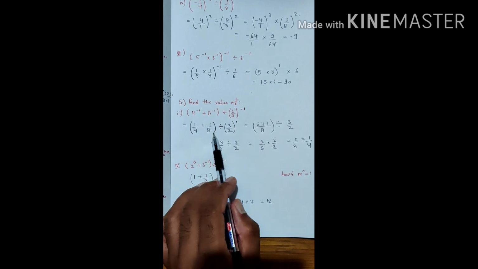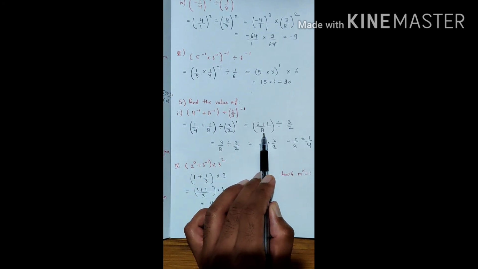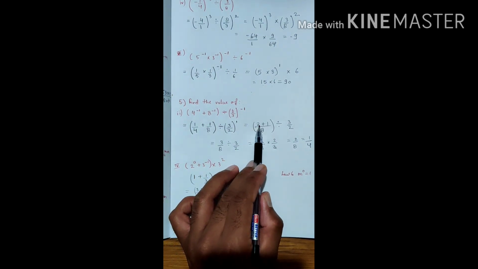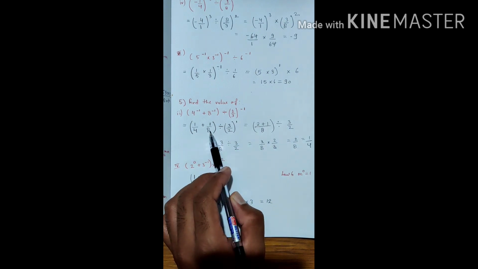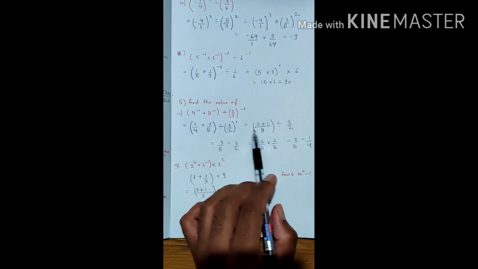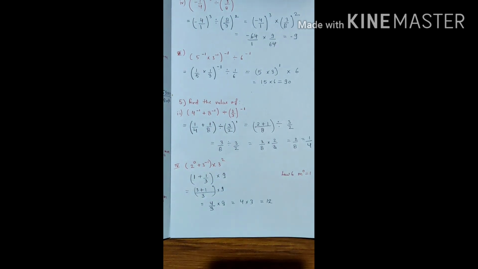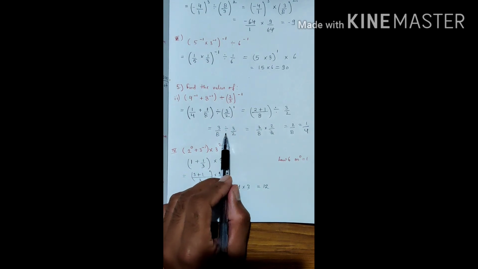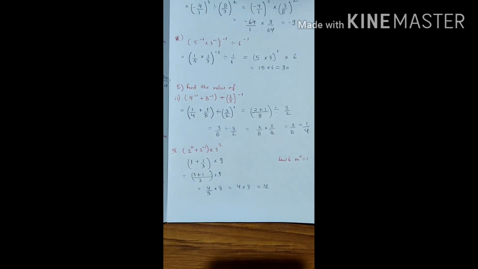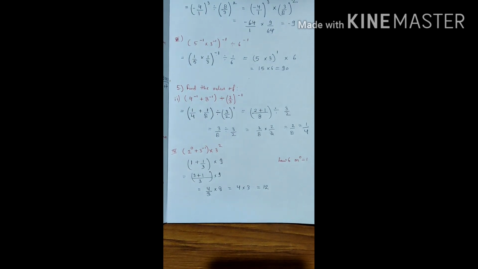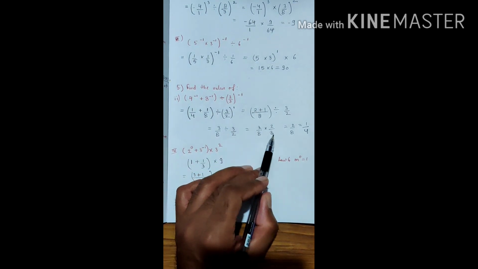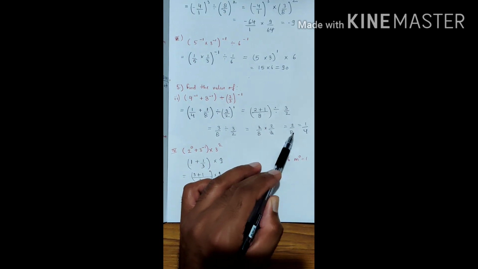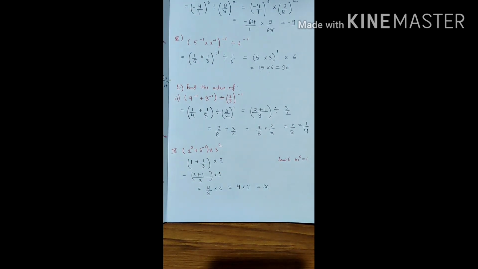Now we'll take the LCM of this, so it will come to be 8. In the 4 table, 8 goes 2 times, so 2 will come over here, and in the 8 table, 8 goes 1 time, so 1 will come over here, and we will keep the division sign like this only for now. Once you add this, it will become 3 by 8 divided by 3 by 2. Again, to remove the division sign, we'll reciprocal it to make it multiply. So 3 and 3 will cancel out, and we will be left with 2 by 8. Once you cancel out, you will get your result as 1 by 4.